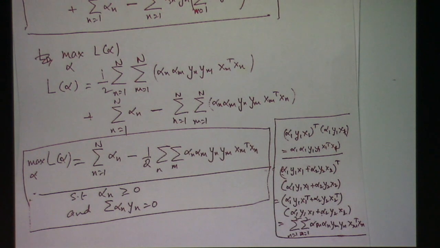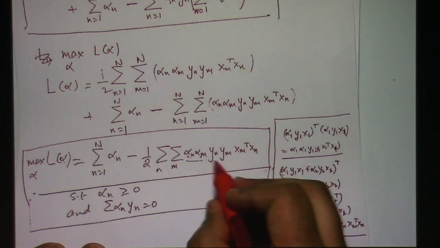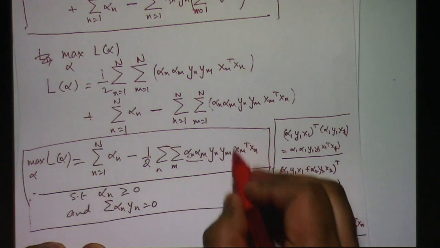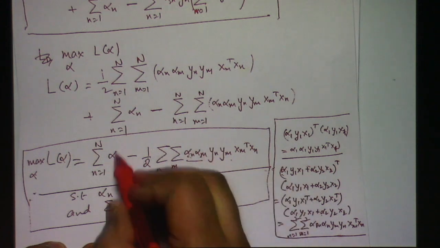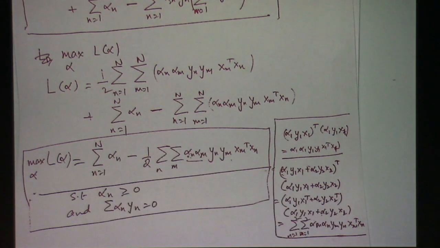And it is a quadratic constraint optimization problem because your unknown variables are getting multiplied with each other, right? All of these things are known. This is your training data, this is your training data. Only these are unknowns, right? But they're getting multiplied with each other, which means that if you try to solve it using first principles,